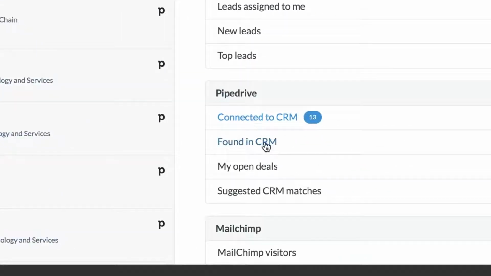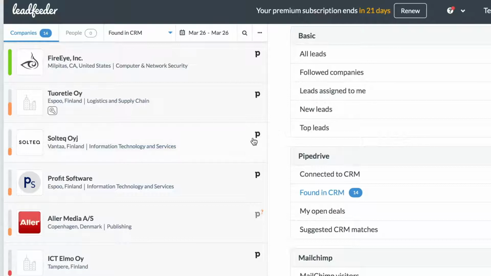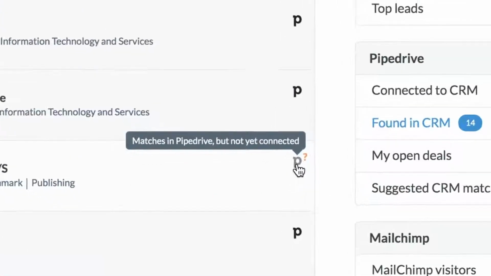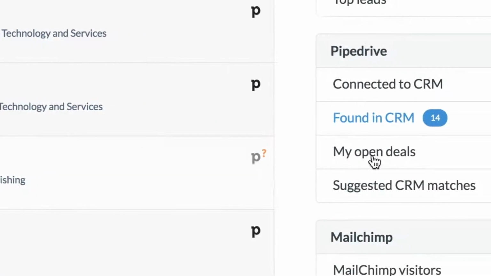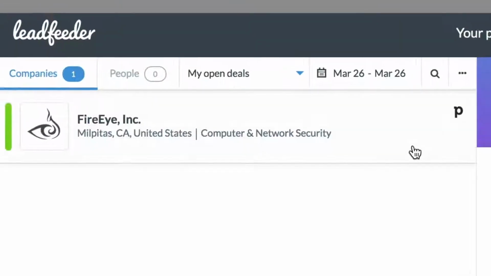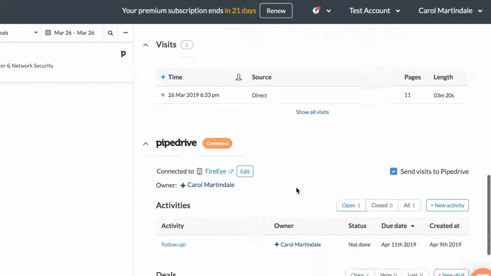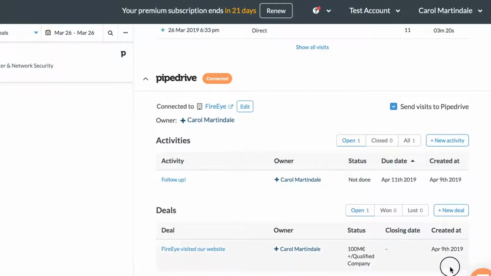The second feed, Found in CRM, brings up all companies that we've identified in your CRM, but may or may not be synced yet. The companies that aren't synced have the grayed out CRM logo with a question mark. The third feed, My Open Deals, pulls all the companies you have existing open deals with. For example, if we expand the details for this company and scroll down, you can see the deals and activities